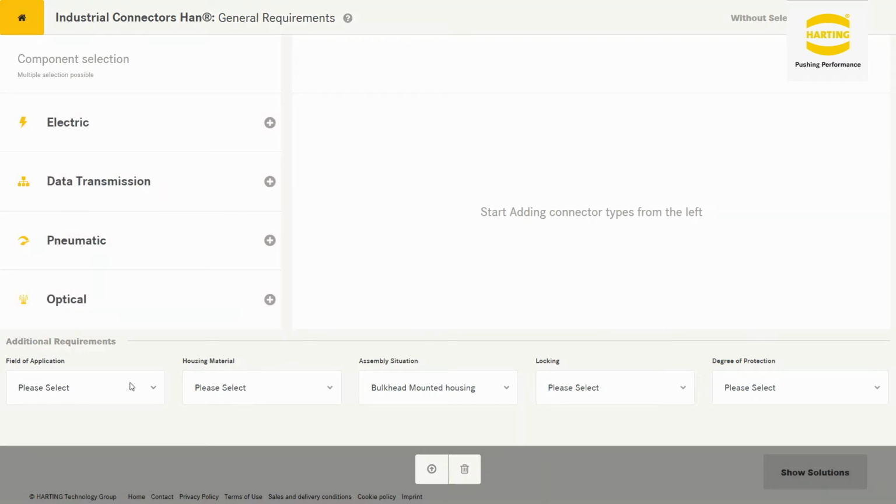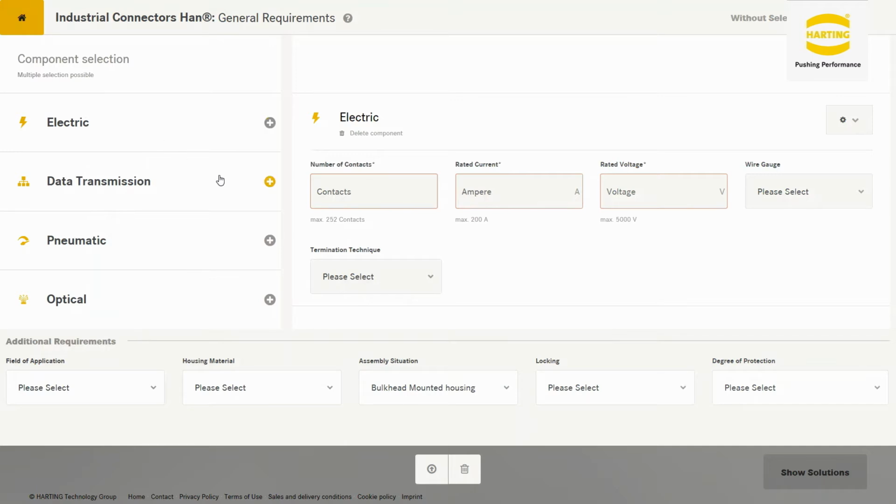On the right side, you have the working area, let me say, and then you have to make your choice for connector type, for amperage and voltage of the connector. And after that, you have to make your choice for the minimum of parameters, and after that you will get the proposals.